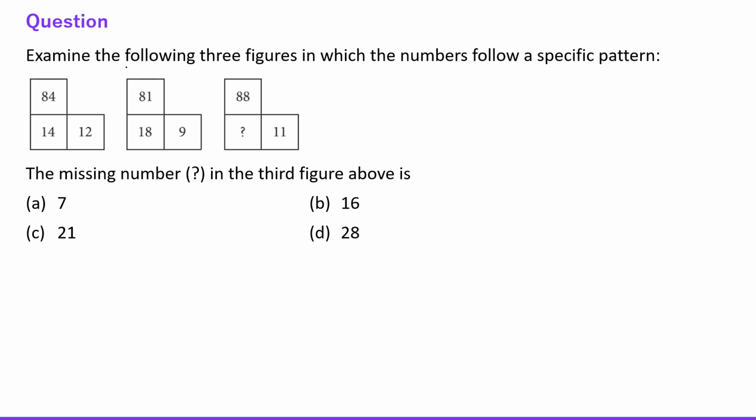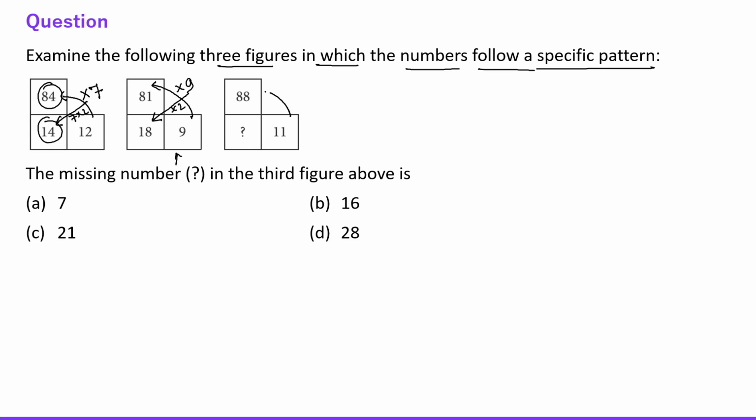Next question says, examine the following 3 figures in which the numbers follow a specific pattern. Okay, here everyone, 12 into 7 is 84, right? And twice of 7 is written here. This is 7 into 2, right? Again in this second one, 9 into 9 is 81 and the twice of 9 is written over here,